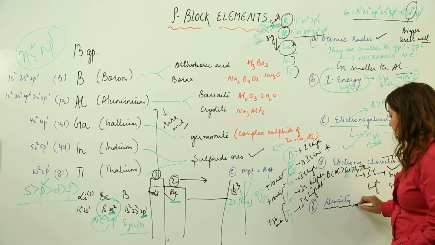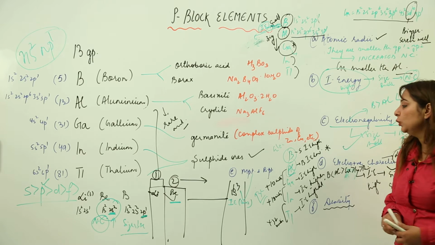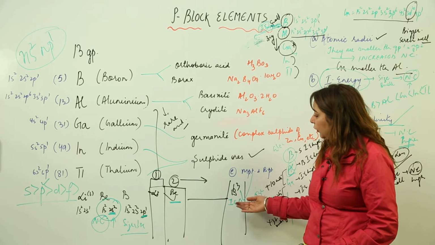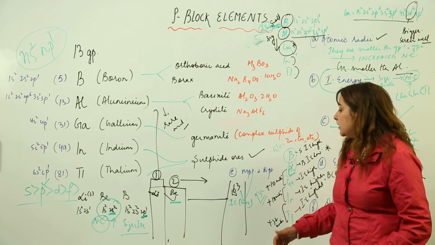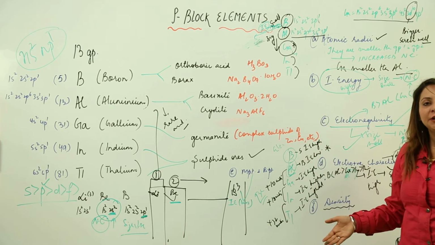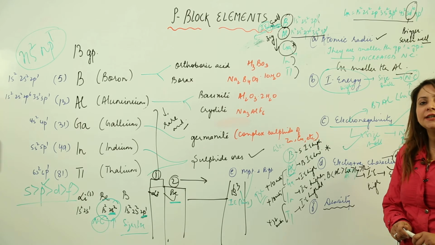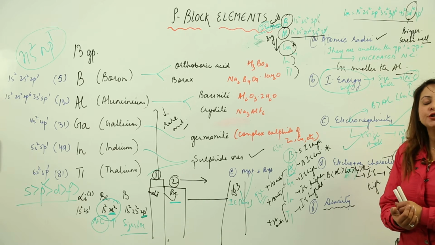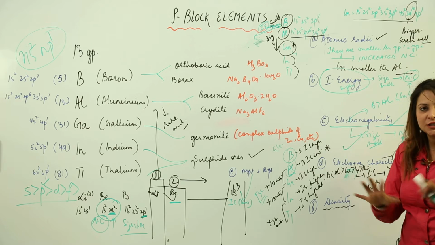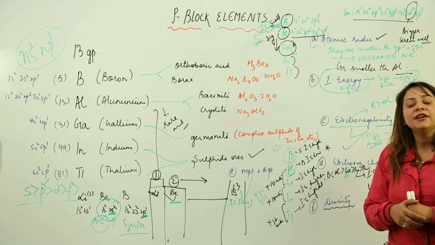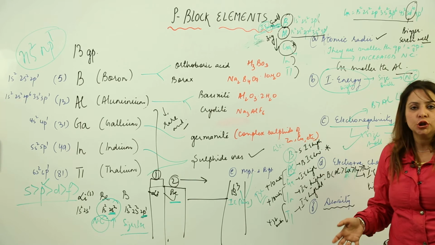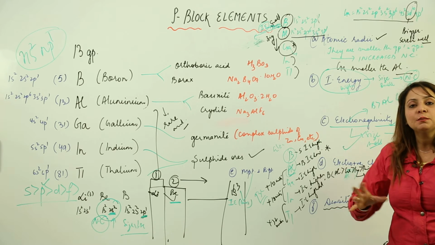Next we have is the density. Density, as we know, if we compare the density of group 13 with beryllium, obviously group 13 is going to possess higher density. But as we move down, then what happened? As we move down, the density as per expectation should decrease because the size is increasing. But what happens actually, as we are moving down, there is progressively an increase in the mass also, and the increase in mass is much more